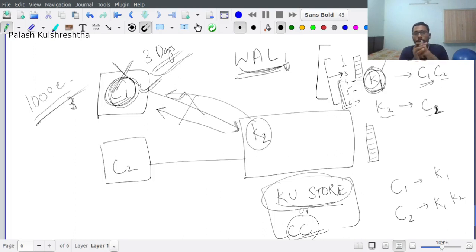All in all, to summarize, in the state watch pattern, all you do is tell the consistent core that you want to watch a particular set of keys. When anything changes, the consistent core is going to send the updates on a single channel. Now this is very important. It is going to send the updates on a single channel only,